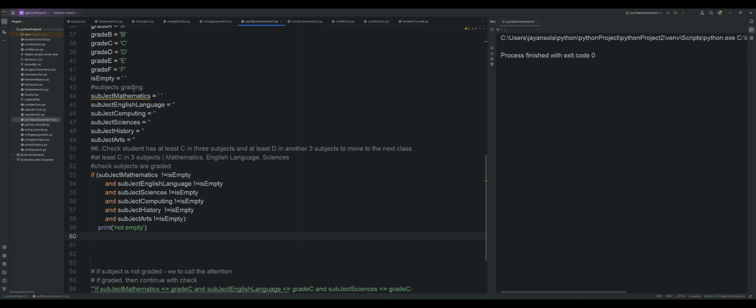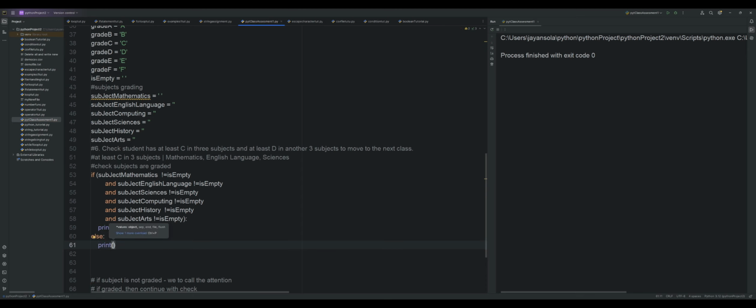So if it's not empty, but it is empty, yeah, it is empty, right? But we now come to say else print. No, here is what I want to hear. Print it is empty because it is empty. No, because if it's not empty, but because it's empty,